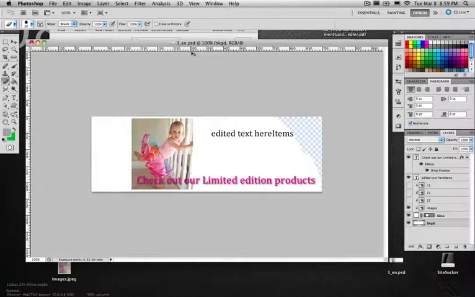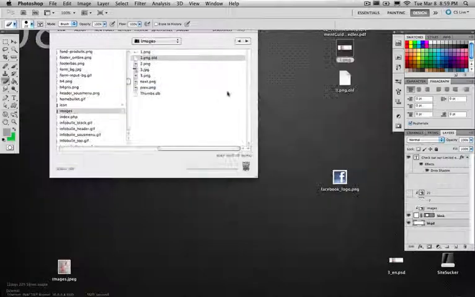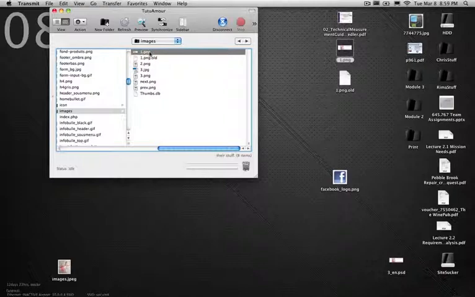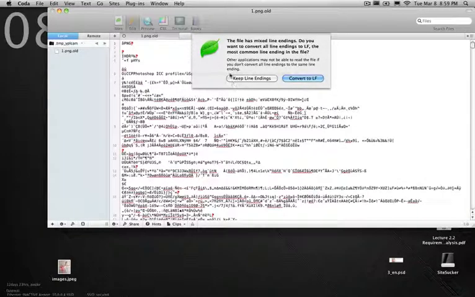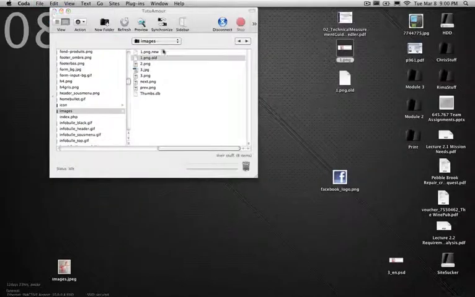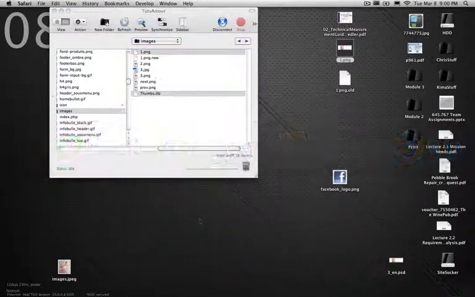So there you go. There's your Photoshop tutorial on how to use that mask. You can just swap that out, swap that thing like that. And the cool thing about this method is you can just name this one .new and this one back to just regular .png, and you're back to normal because